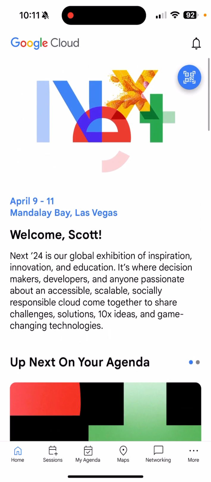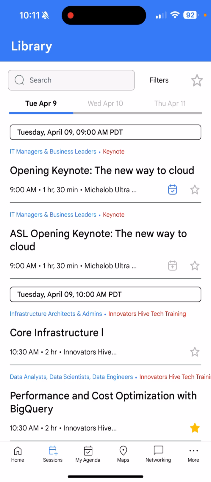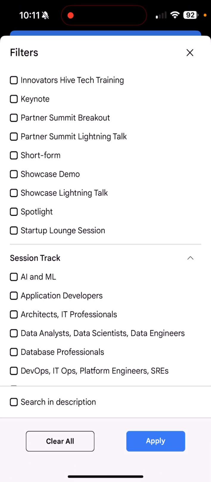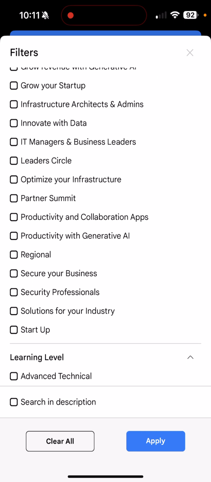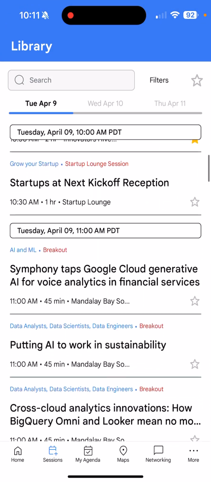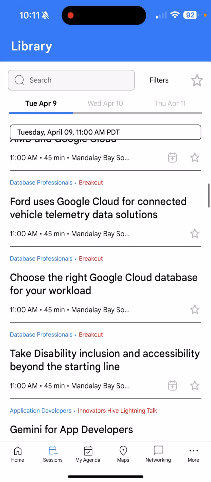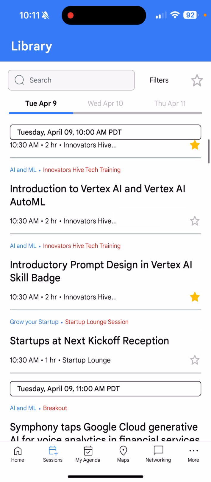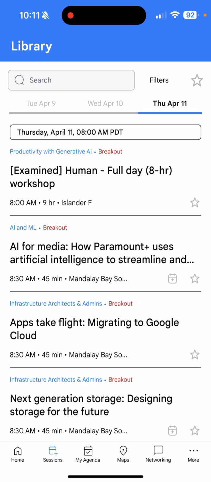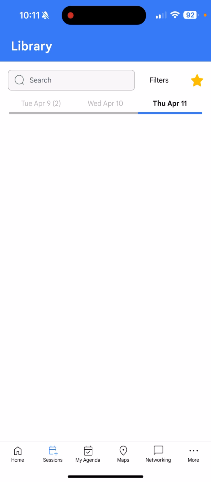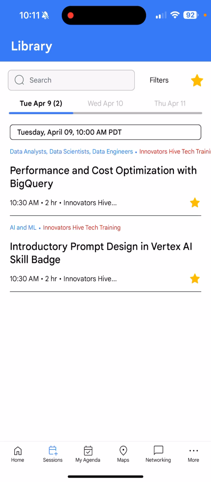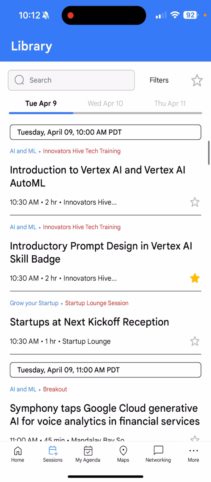Their sessions database comes all the way from Swoogo, and it works great. Everything comes over, including all the filters and tags that are on the sessions. You can browse the library, which has over 800 sessions, by scrolling or by day. You can use filters and favorites. I have favorites here. And you can search. So there's a lot of options here to see content inside the library and find things that you wanted to